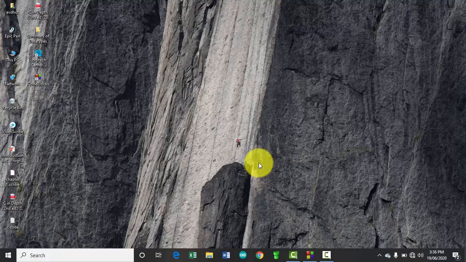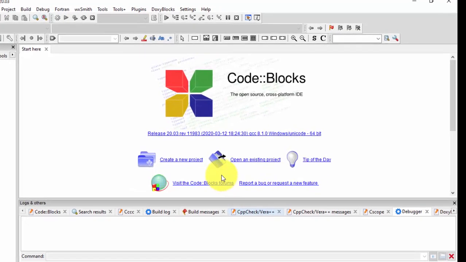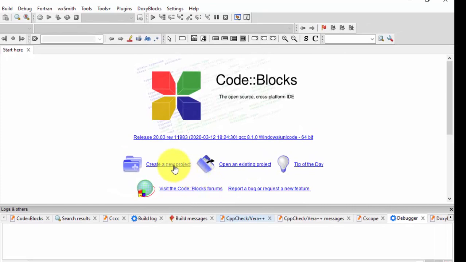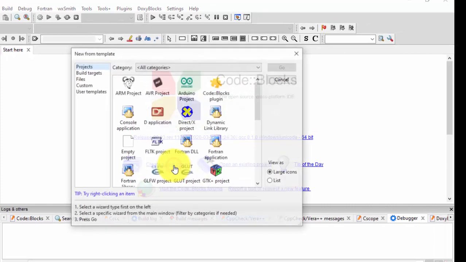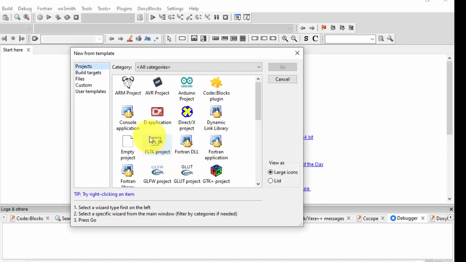Now we will see the practical implementation of printf and scanf function. So first, open Code::Blocks. Go to create new project. In this, select console application, open this console application.